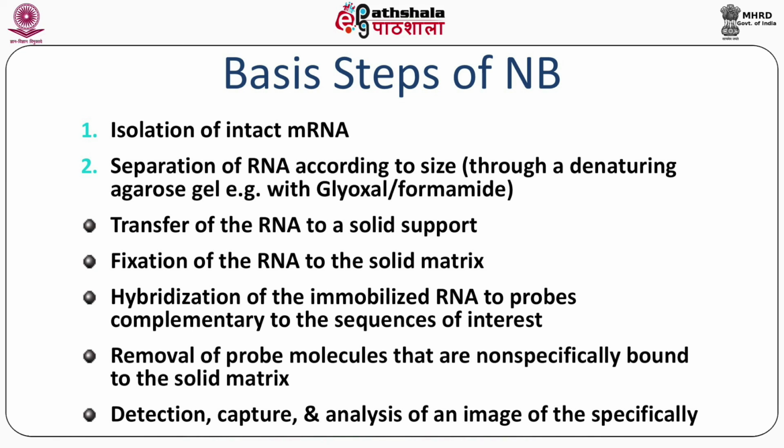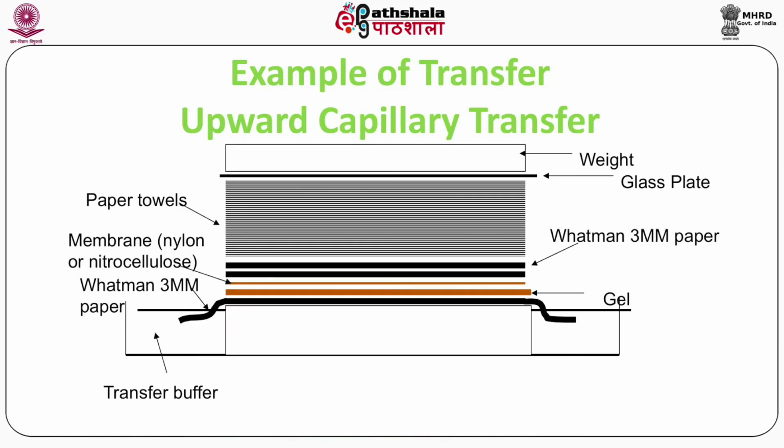So, if the particular gene of interest has a particular sequence, you are going to use a probe which is opposite that of the sequence of it, and then we are going to detect it. Once we actually have all this process in place, we can detect it with the help of detection reagents like HRP or something like that.